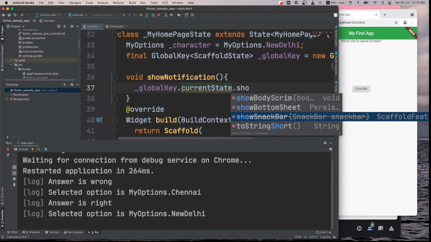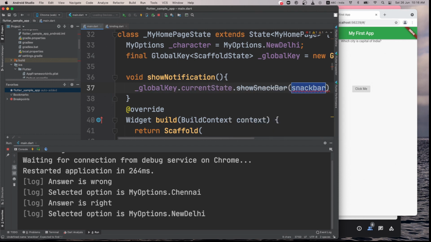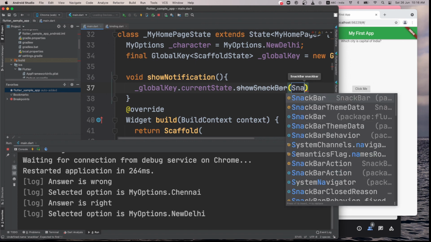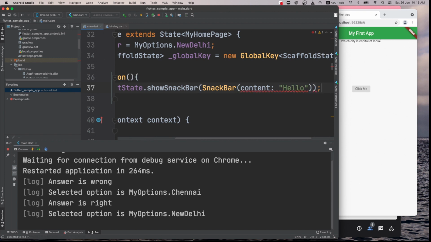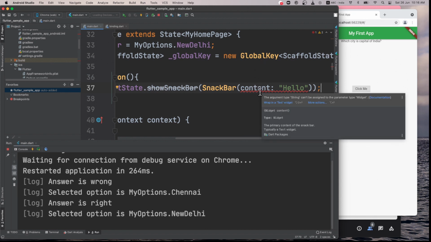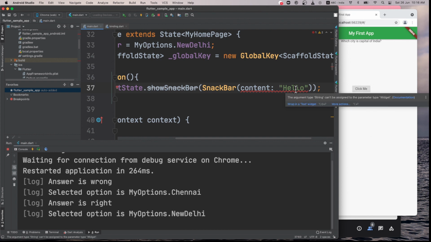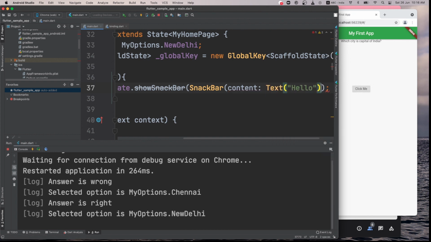I think that is also duplicated, I guess. No, let's see, snack bar, what it provides: content, like hello, that's what I wanted. Okay, it needs something more, wrap in a text. So this IDE is very intelligent. Whenever you're writing, it will tell you what to do, what not to do, I think.